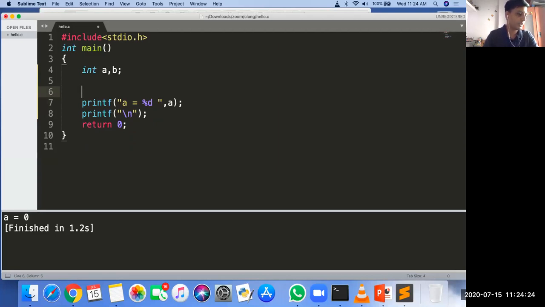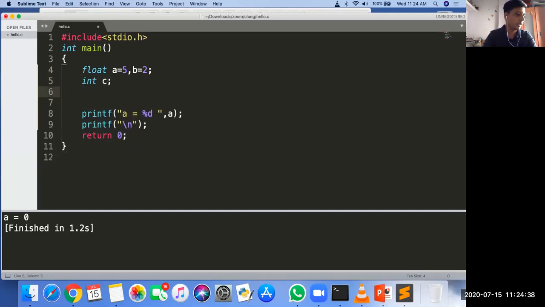Now suppose float a is equal to 5 and b is equal to 2, and there is one more integer variable c, and I'm doing c is equal to a modulo b, and printing the value of c.